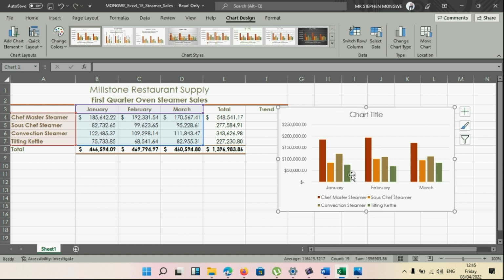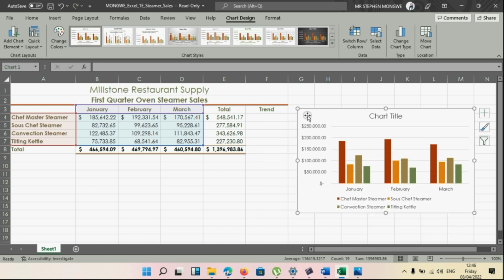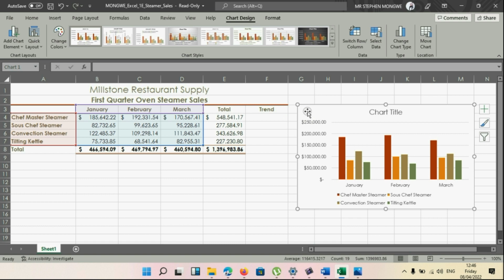So now there's one thing which is very important that I want to say here. So guys, if you want to move this chart, right, you're not going to click anywhere else here where there's this chart. Okay, you're going to click either here or here, because if you click anywhere here, okay, you are going to alter these values here, and then the chart is going to change. So now let us put it here. We can put it here so that we can try to